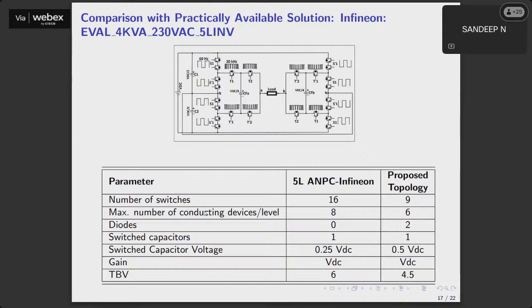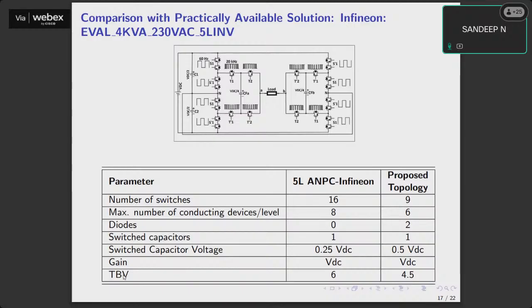Then we also compared the proposed inverter with one of the commercially available inverters, the ANPC, sorry, NPC by Infineon. This is the topology they use to achieve 100% DC bus utilization. Even in comparison with that, our topology has performed better as far as the switches, the gain,